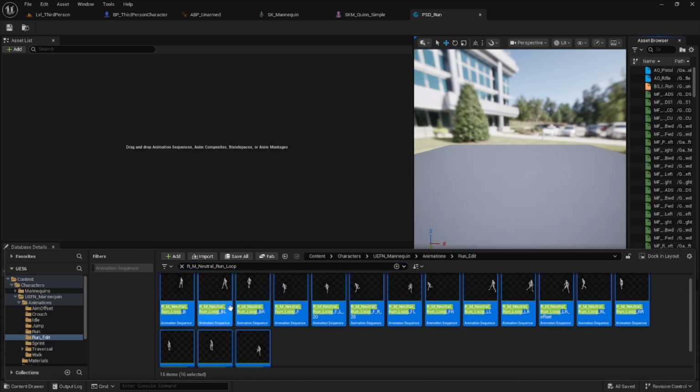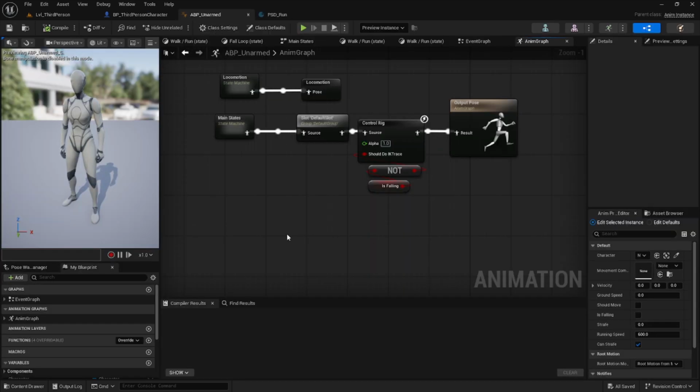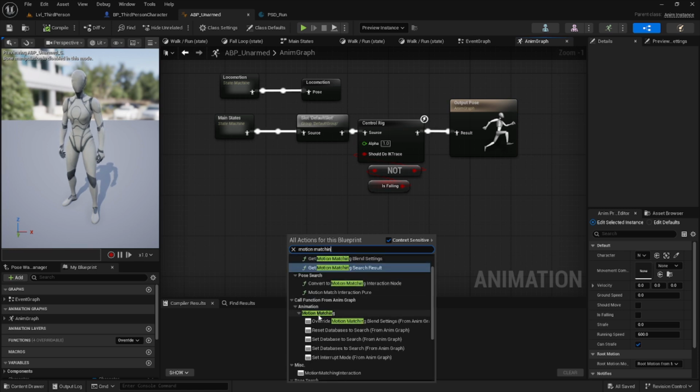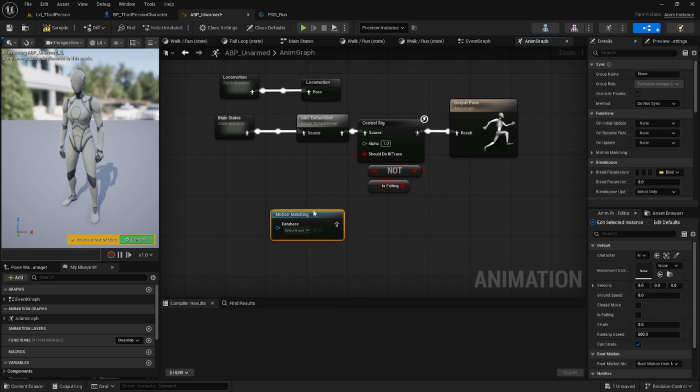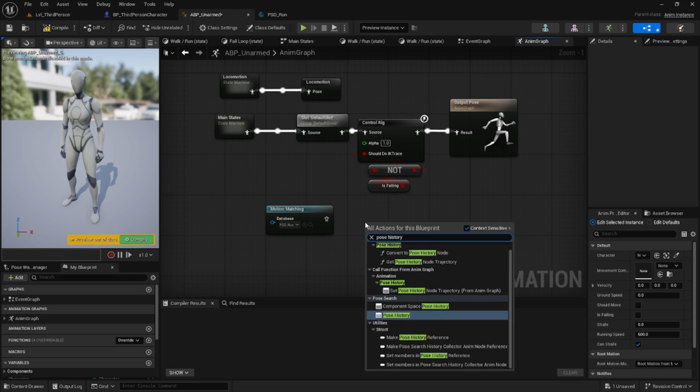Copy this, not copy this, select this and paste it here. If you go to the animation blueprint, Motion Matching, select the run PSD run, search for pose history,